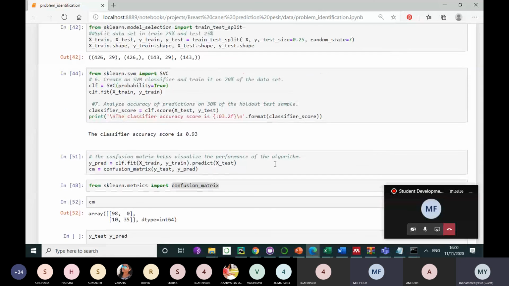Anybody having any kind of doubt that you want to clarify with sir, related to the project, your CV, or learning data science or data analytics, anything to ask?